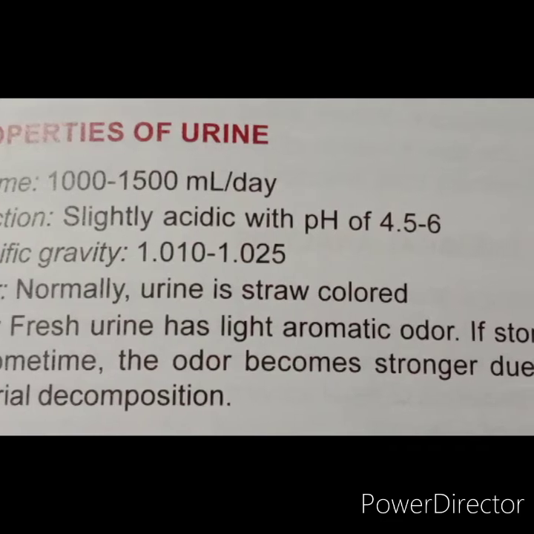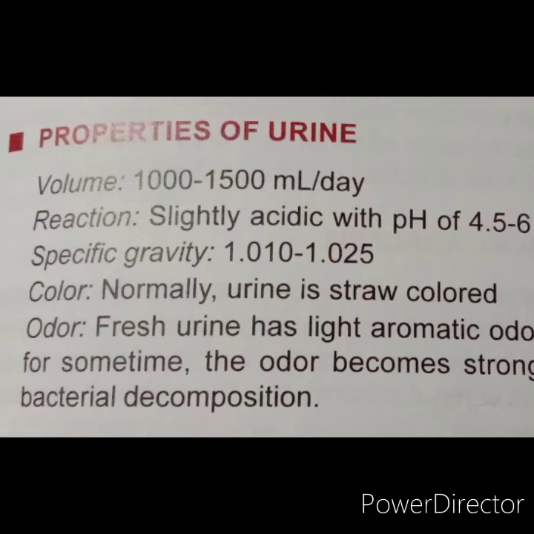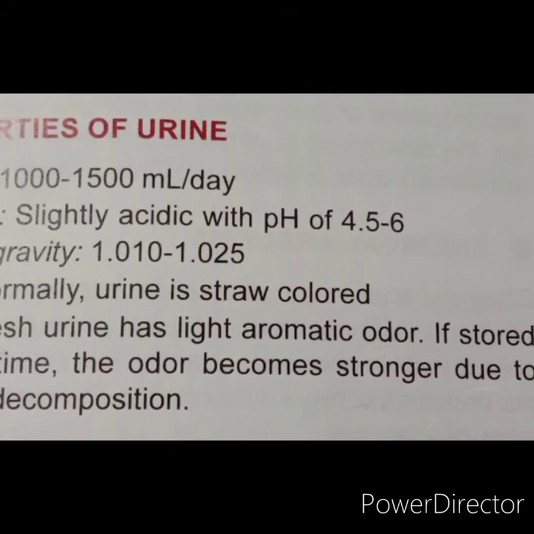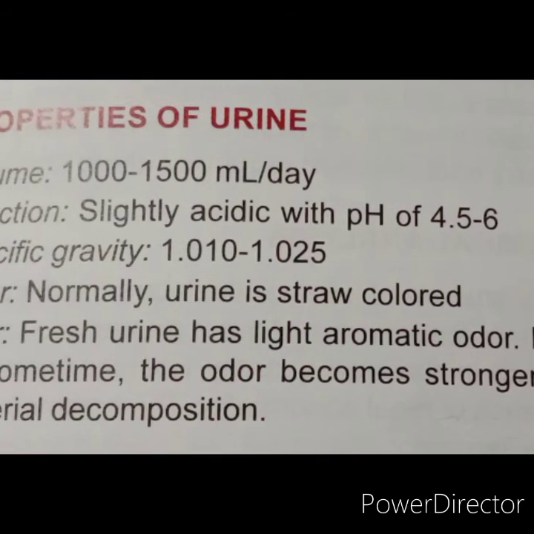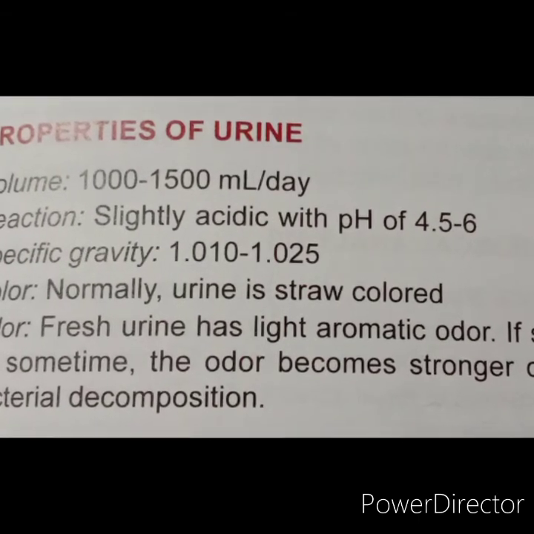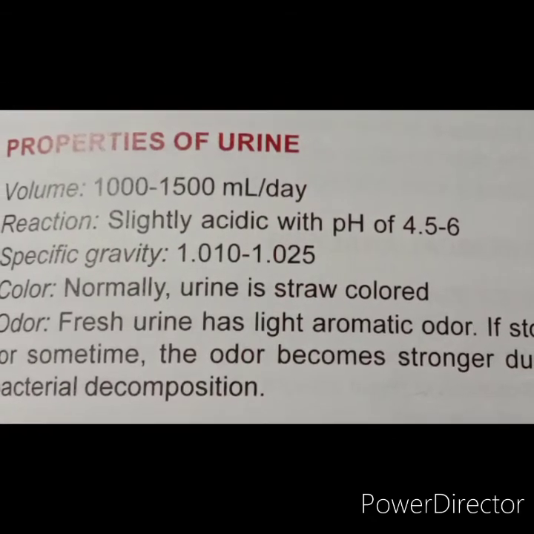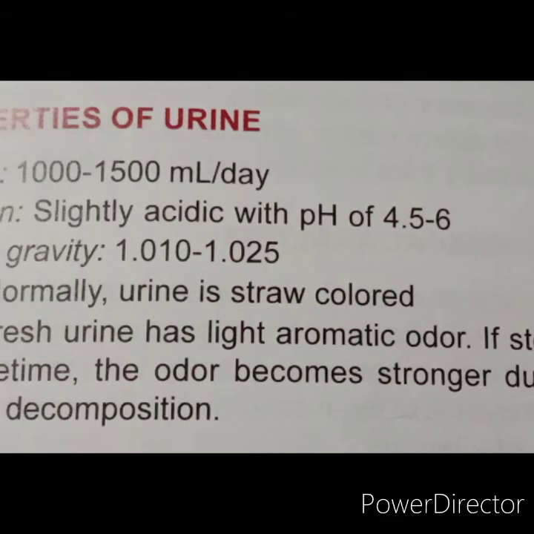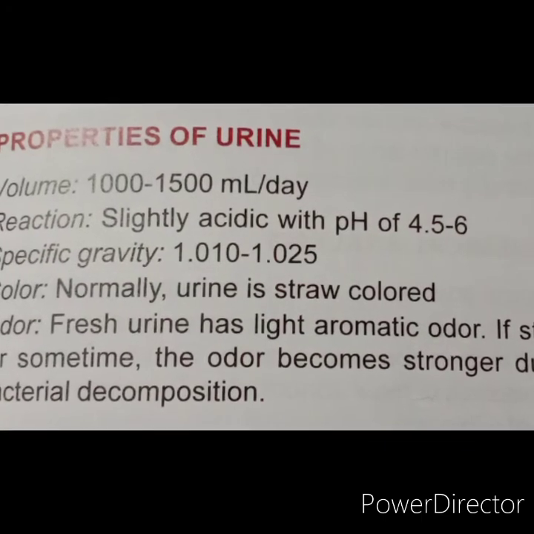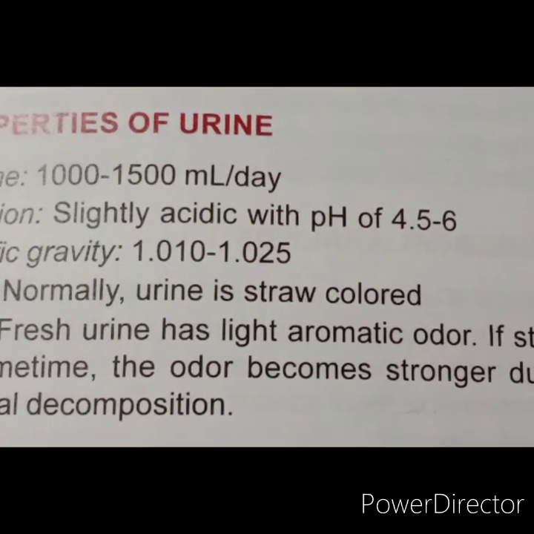A known amount of PAH is injected into the body. After some time, the concentration of PAH in plasma and urine and the volume of urine excreted are estimated. For example, the concentration of PAH in urine is 66 mg per deciliter. The plasma concentration is 0.1 mg per deciliter. The volume of urine output is 1 ml per minute. Thus, renal plasma flow equal to UV by P, 66 into 1 upon 0.1, 660 ml per minute. Diodrast clearance also can be used to measure this.